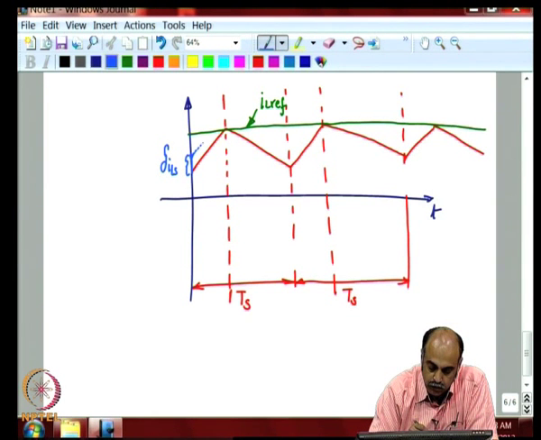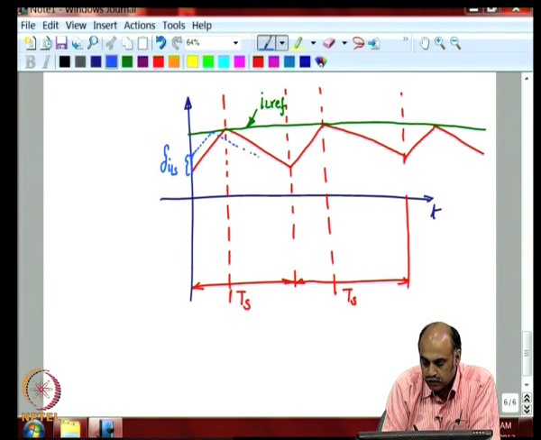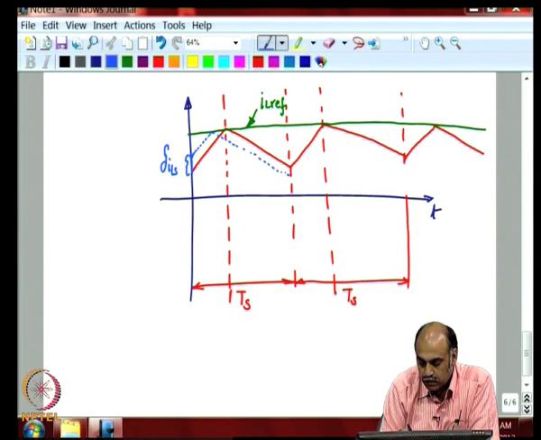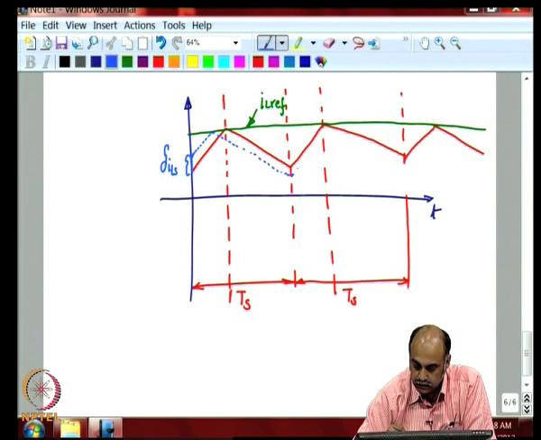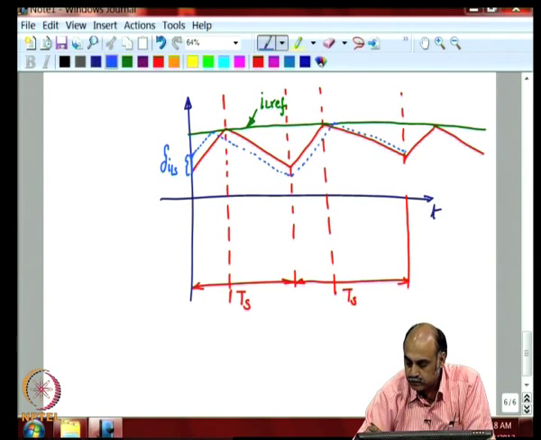So, it starts moving like that. And starts moving like this, starts moving like that,